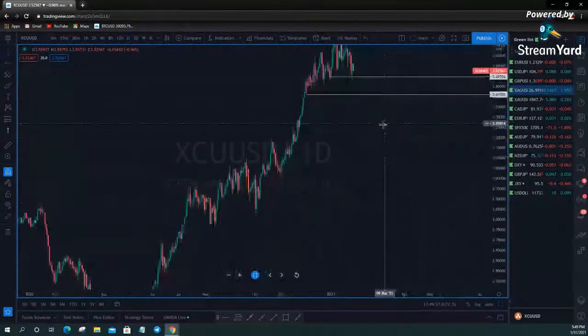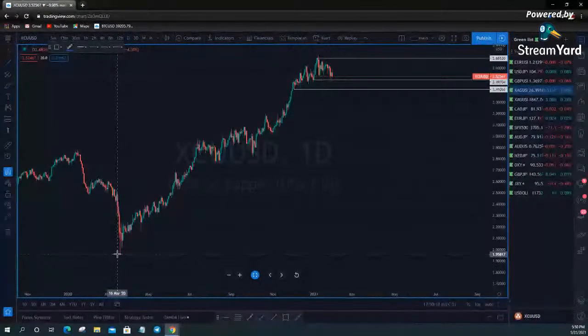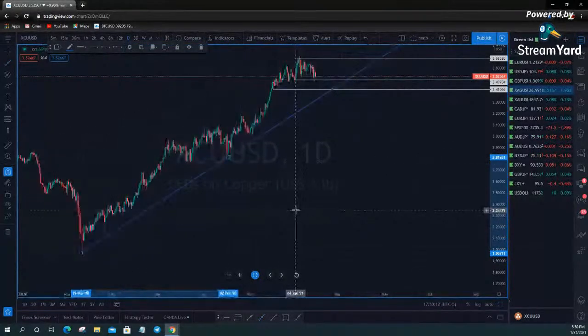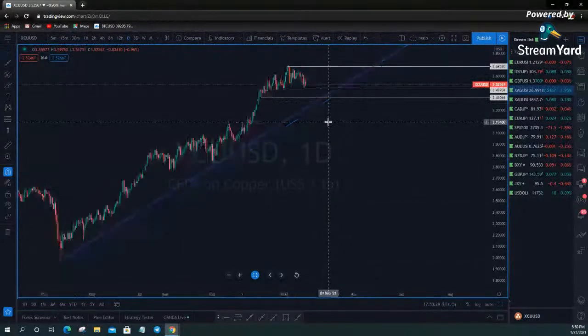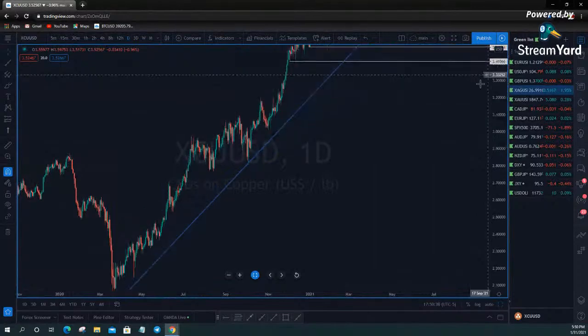this is why I only look to buy stuff in an uptrending market, because generally price will tend to trend. All right. It's easier for it to go in the direction that it's going. It requires a crap ton of liquidity to reverse a market. All right. So basically that's your uptrend. So you don't look to start shorting this thing until this clear uptrend that is defined by the wick low is broken. You break that and you get a daily closure below that, and then price doesn't immediately reverse out of that area. That's a pretty good indication that price is wanting to find lower areas of support and resistance.